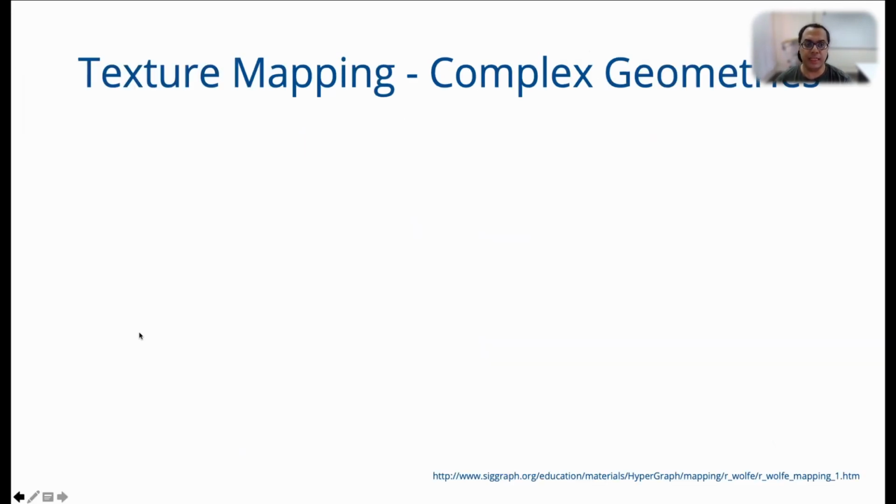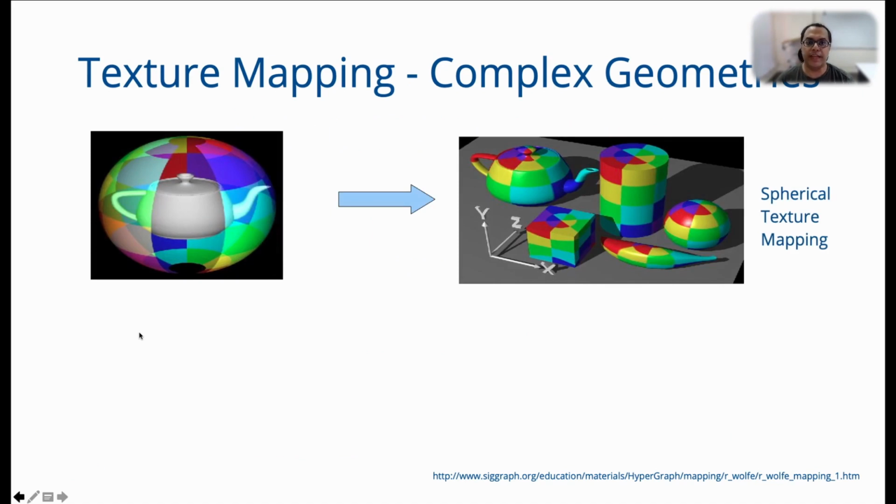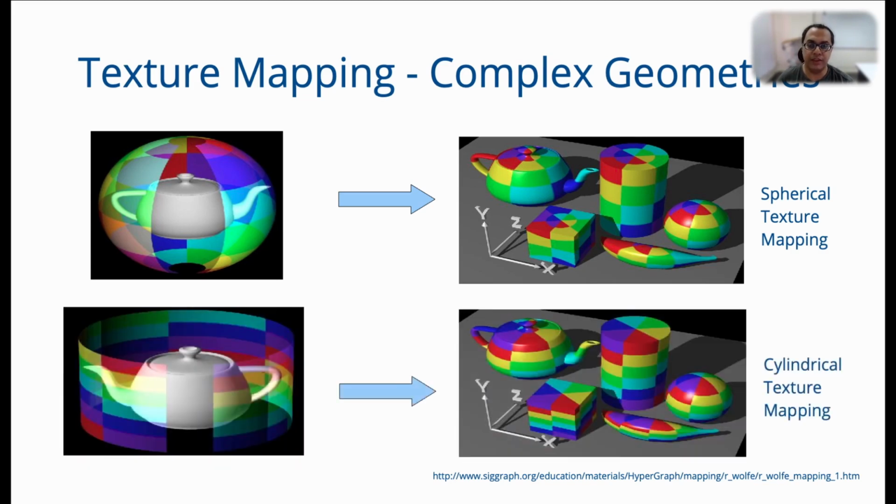So we have already seen that to texture map complex geometries, it is common to embed those complex geometries inside bounding objects. So here we see an example of bounding a teapot inside a sphere, and then we have seen that you can use other bounding geometries like a cylinder. This allows the texture to represent some sort of an environment around the object, and this is known as environment mapping. Depending upon the bounding object that you use, it is also called sphere mapping or cylinder mapping.